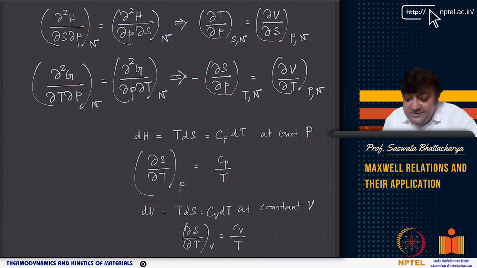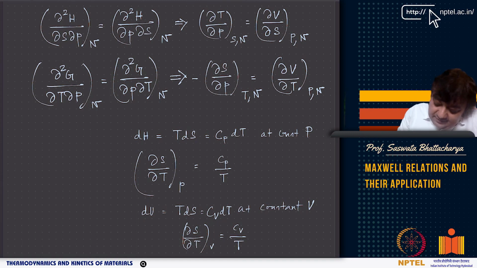There are various ways to remember these relations. There is something called the thermodynamic square. I will not get into that, but what I want to say is that it gives you the Maxwell relations. Although it initially looks a bit tedious, these Maxwell relations can be used to derive many useful relations between indirectly measurable quantities and directly measurable quantities.